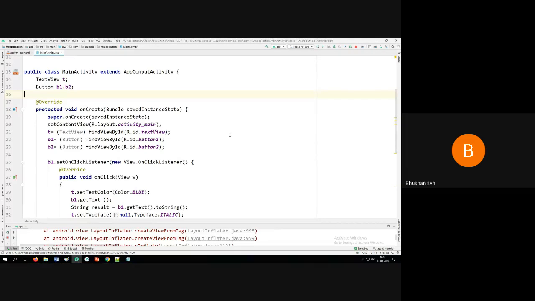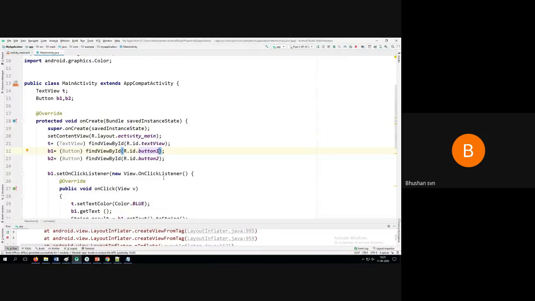For example, in a mobile device, when I tap or swipe or pinch, only that specific action has to happen. Whatever you are seeing in these brackets will be a typecast. It explicitly tells that it is of type Button and does specific actions with respect to B1 and B2 objects. And findViewById is a method where R.id.button1 is being passed.